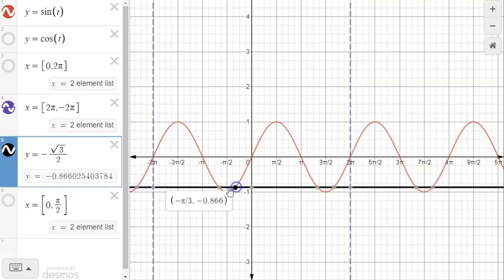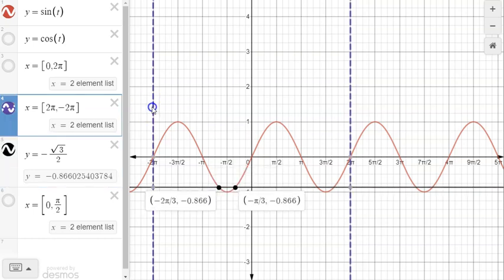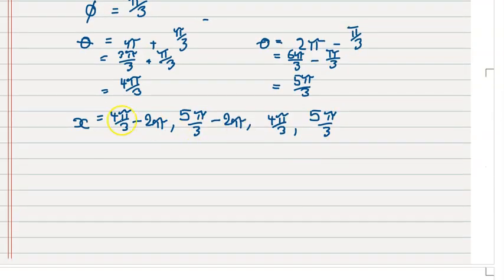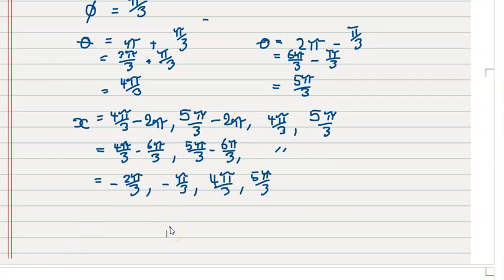So these are our other values here, these purple bars being the range, negative 2 pi and pi. Our first values are here, and our second values are over here. They're roughly 2 pi apart, because that's the period of this function. So if we evaluate these functions, what we find is that